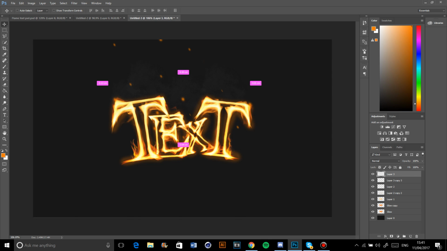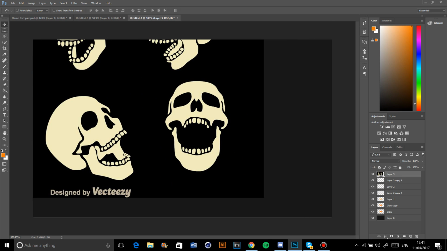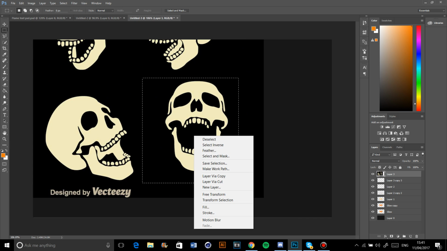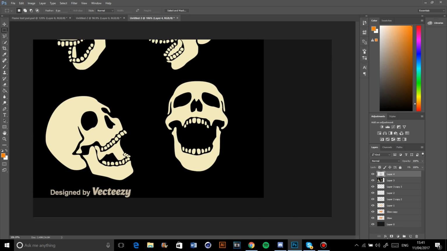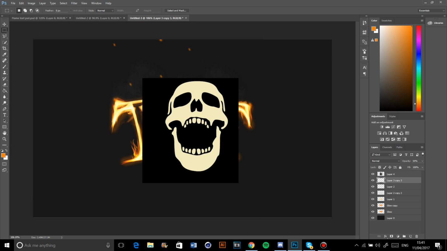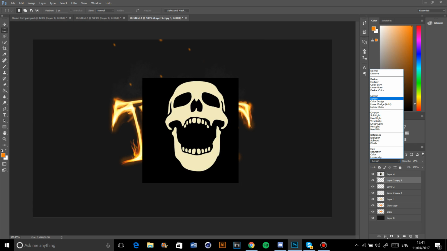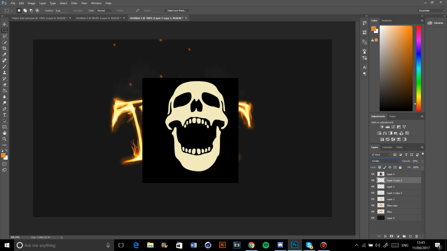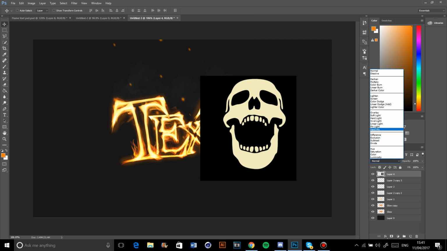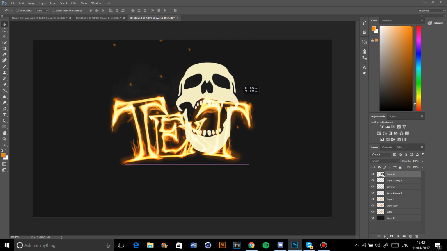Copy. Control V. And then we're going to go to this rectangular marquee tool. And right click, then Layer via Copy, just to copy that. Delete, and then screen. Hang on, we did that wrong, wrong layer. Okay, here, and then screen, and then Control T,